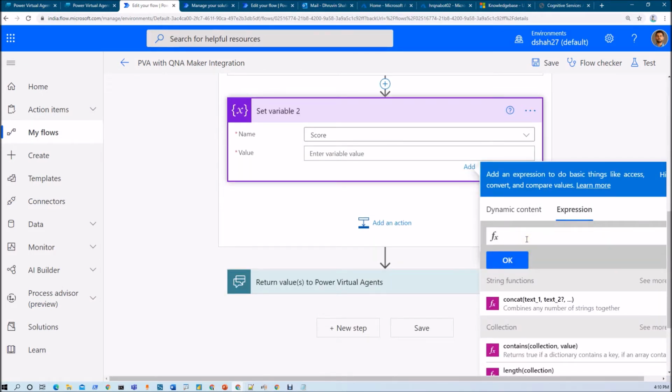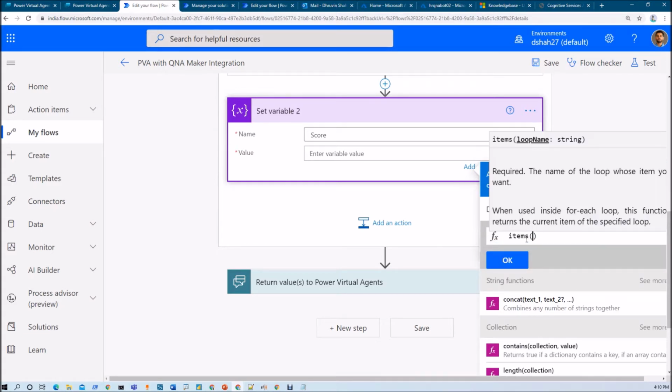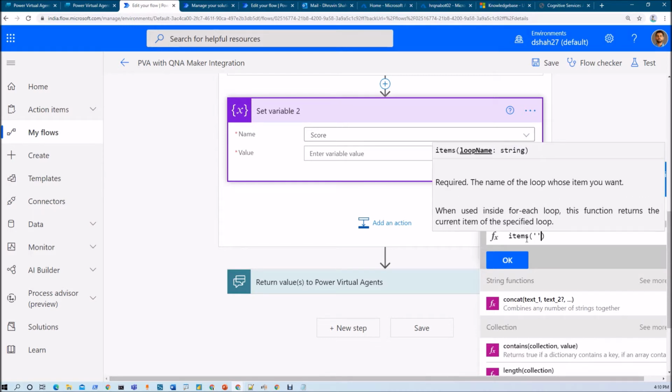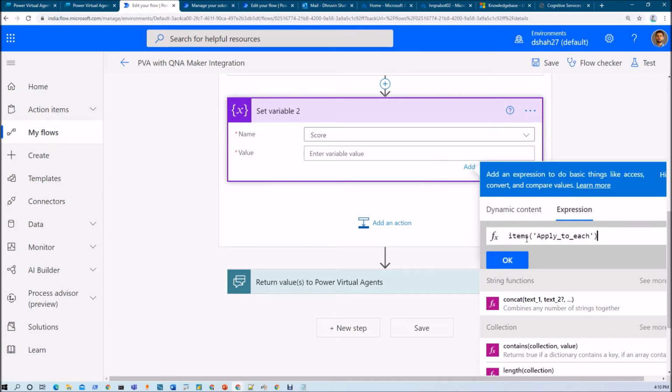Now the score will be, let's write a formula, items inside that apply to each, and from apply to each we need score. So let's type this formula.